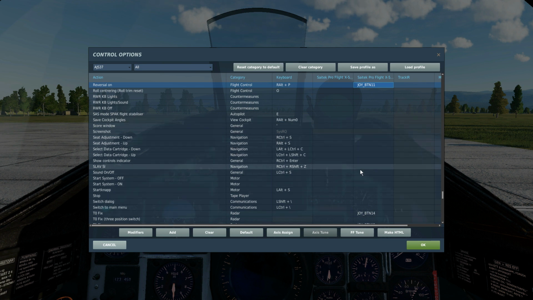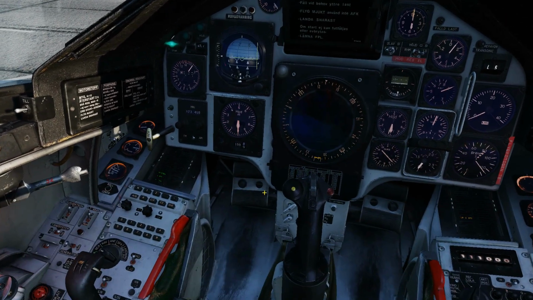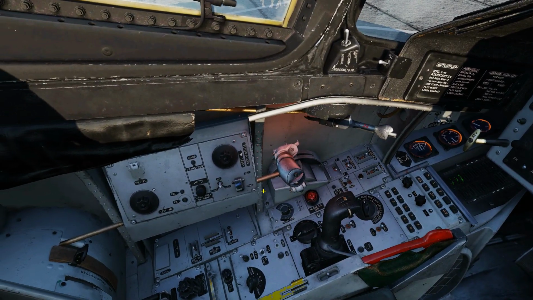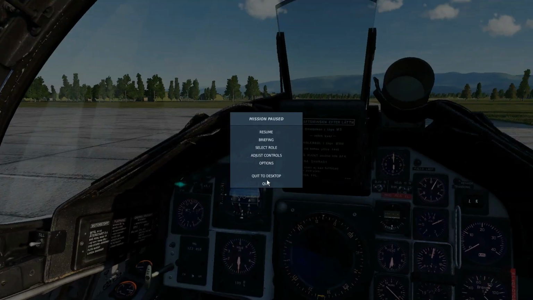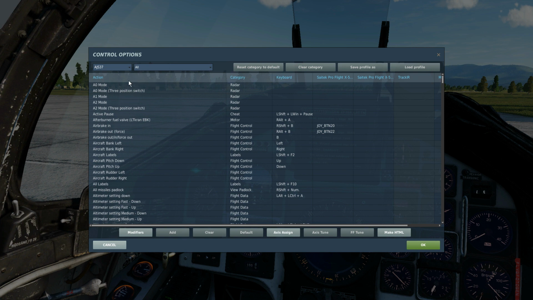So turning the radar off and on, I probably don't want a HOTAS for that, to be honest. Yeah, keyboard will work. But yeah, it's radar A1, A0. There aren't any buttons, so I'm going to have to press something on the actual... Where's the actual button? It's not on the cockpit. It is, but you can't click it. Right, brilliant. It's a 3-position switch, which, yeah, you can't really...